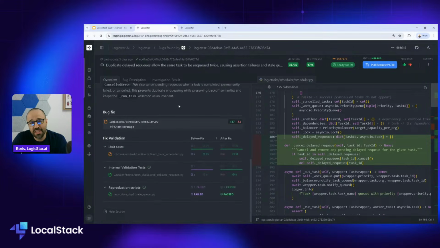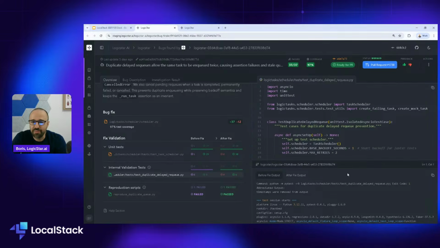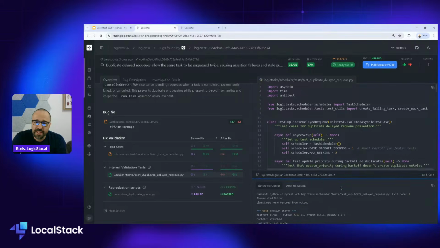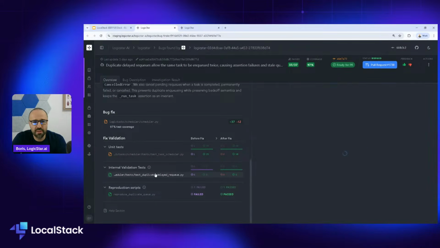And the first thing it does is create a test, the ability to reproduce it. So let's jump quickly into the test. I won't bother you too much, right? But let me make it a bit larger so we can see a bit more. Okay, so when we go into the test, here it is.